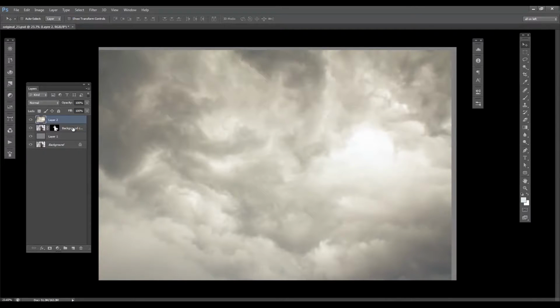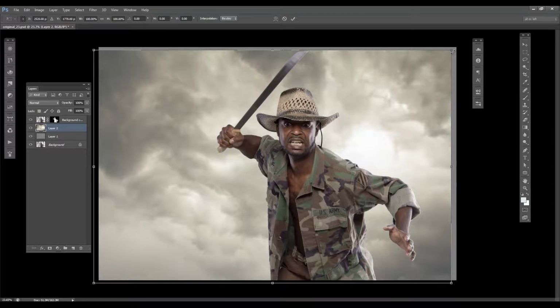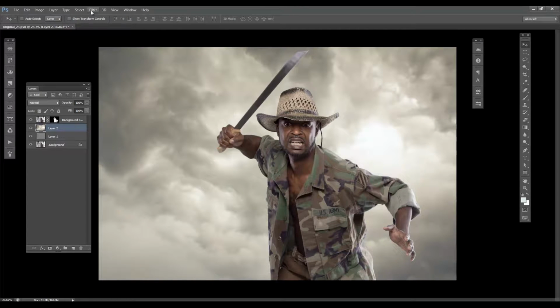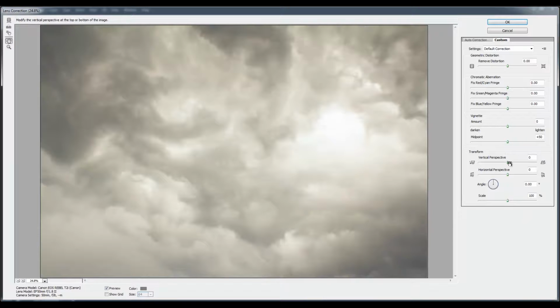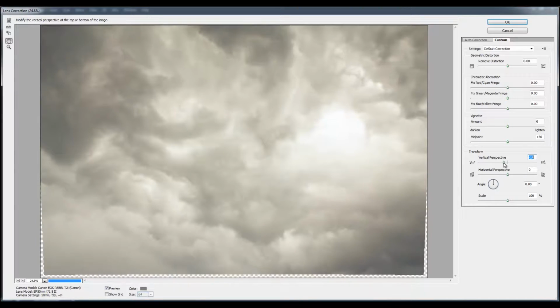And we're gonna add this behind myself. There we go. And just Control T, transform, and just open this up a little more. Alright, enter. I think I'm gonna go to filter, lens correction, and go to custom, and I think I'm gonna just lift the vertical a little bit this way,